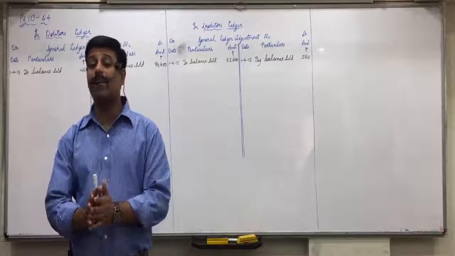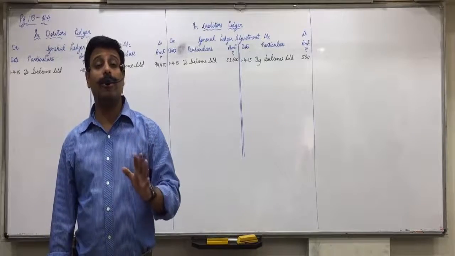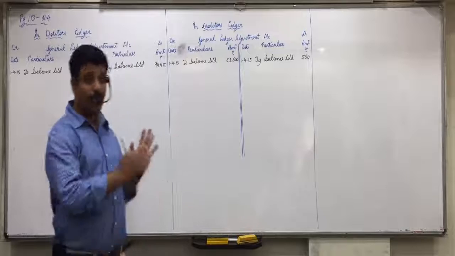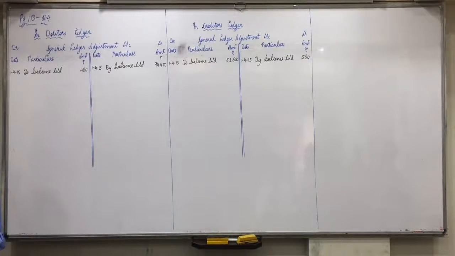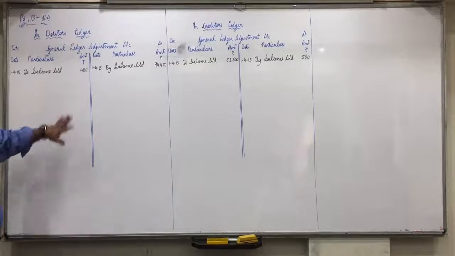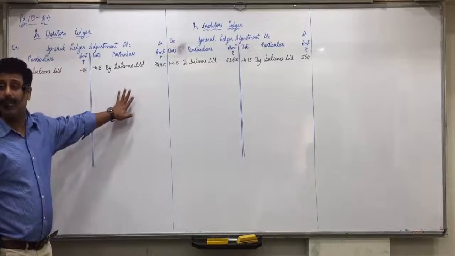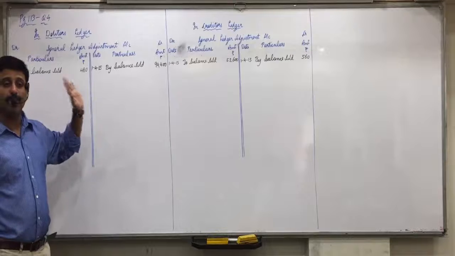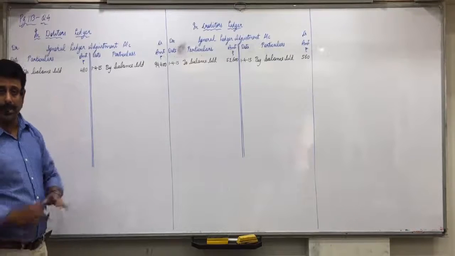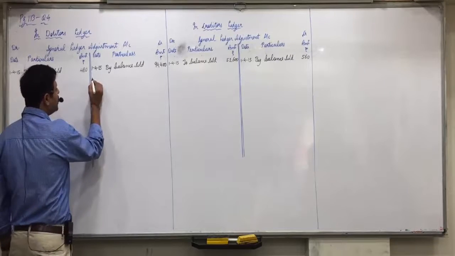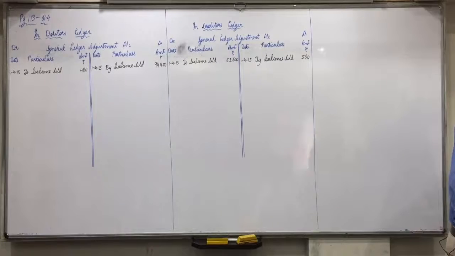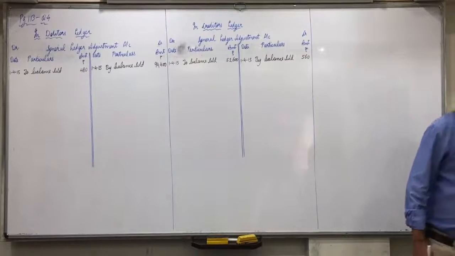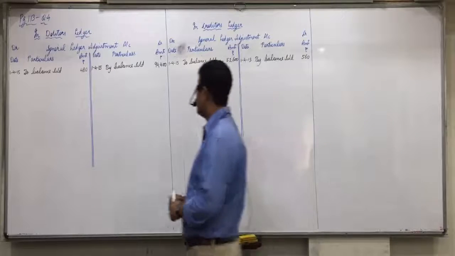Now what is the journal entry for credit sales? Debtors account debit, to sales. Now we are preparing the opposite account, so don't see from the debtors' point of view, see from the opposite point of view. To sales means in the general ledger adjustment account we will write credit sales on the credit side. Understood? Is this for the whole year, 1 month, 6 months? At the end you can see 30th April 2015, it's only for 1 month.